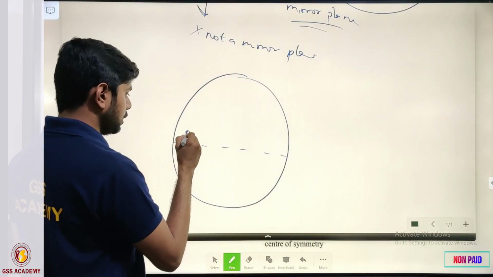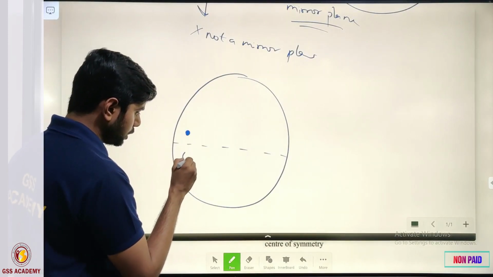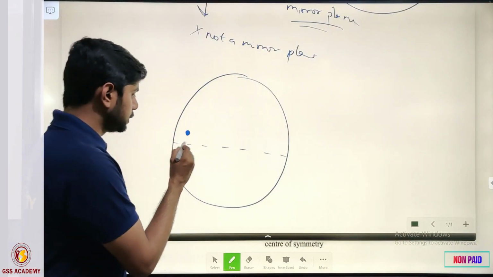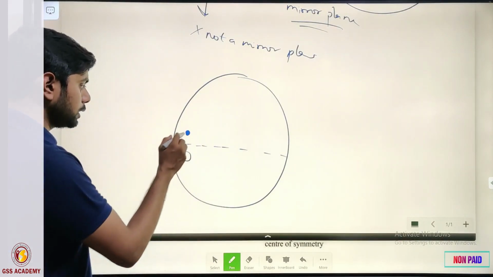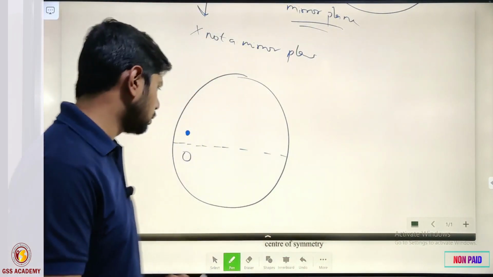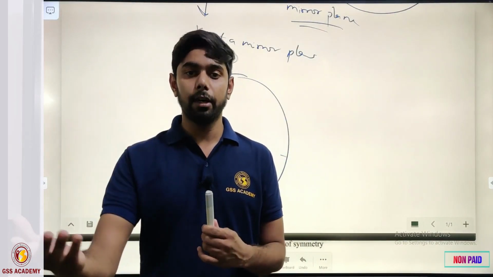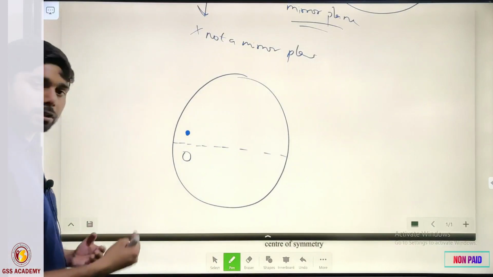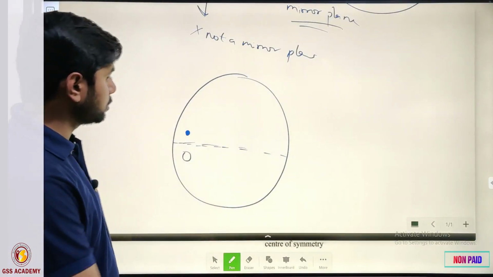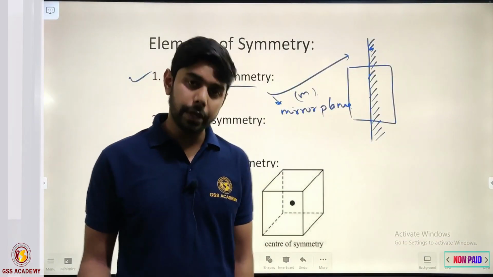So here, if this is an open circle and this is a dot and this is an open circle, this line will be a dotted line because this is not showing the mirror effect. What is the mirror effect? You all know, I think, because if I am standing in front of a mirror, my image is reflected in the mirror. It is just the reflection, at an equivalent opposite distance. So this is the plane of symmetry, or the mirror planes.